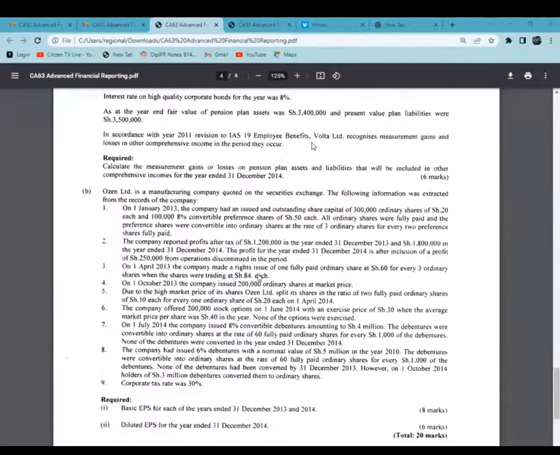We are told on 1st April 2013, the company made a rights issue of 1 fully paid ordinary share at 60 for every 3 ordinary shares when the shares were trading at 84 each. On 1st October 2013, the company issued 200,000 ordinary shares at market price. Due to the high market price of its shares, CoH Limited split its shares in the ratio of 2 fully paid ordinary shares of shillings 2 each for every 1 ordinary share of shillings 2 each on 1st April 2014,